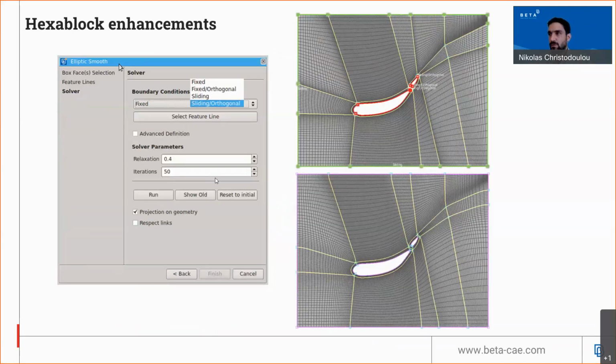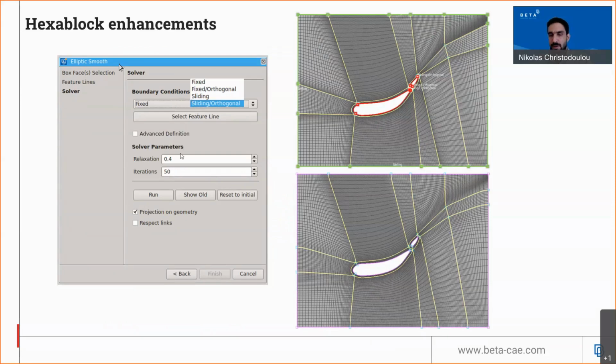To maintain a great quality, there is a new function for advanced elliptic smoothing of the surface mesh. The user selects the 2D boxes to smooth the mesh. Then the user selects the boundary condition type, here you can see, to be applied at each selected feature line to control how the mesh will behave at the boundaries.